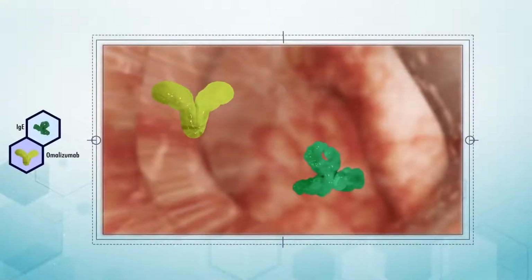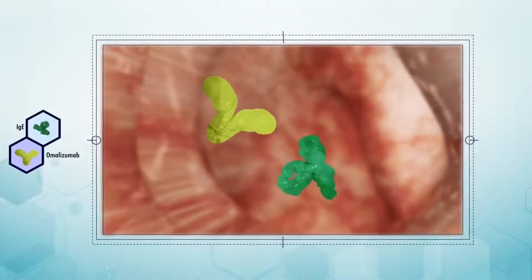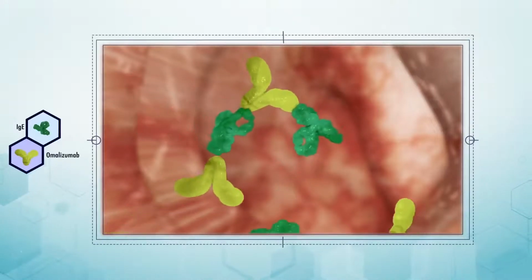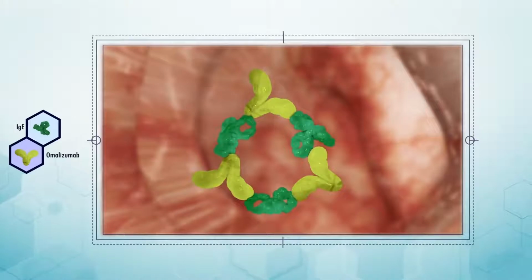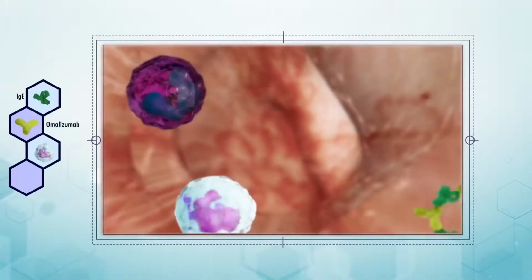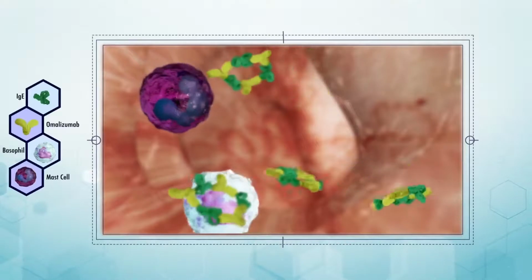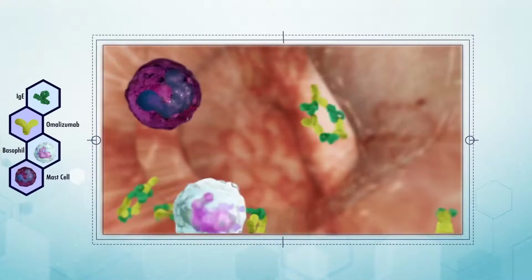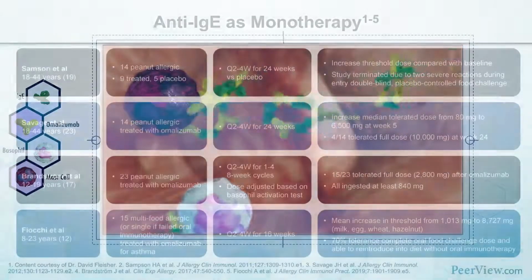Now we'll take a little closer look at the mechanism of anti-IgE therapy, which is the biologic approach that we're most excited about right now and at this point in time. The monoclonal antibody Omalizumab binds to the IgE antibody, preventing it from binding to its receptors on mast cells and basophils, and blocking the release of cytokines and mediators from these cells. By decreasing the quantity of IgE antibodies, Omalizumab reduces the number of high-affinity IgE receptors, further limiting the ability of IgE to bind to its target cells.